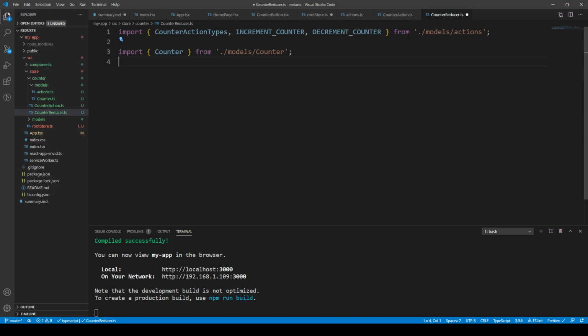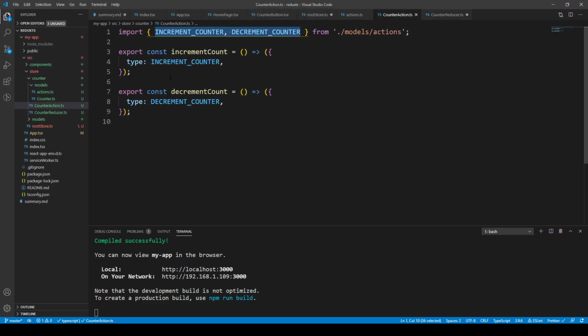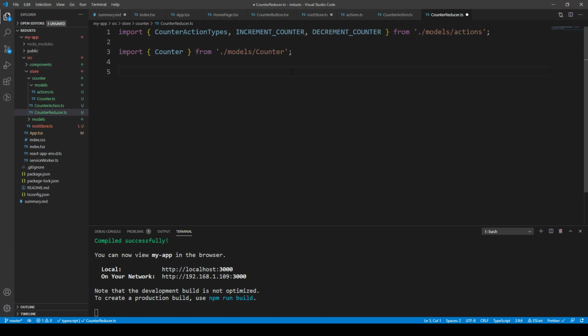And this is where we're going to create our reducer, but our reducer is essentially looking out for some sort of action. It's going to look out for this increment counter action that's been dispatched by clicking a button or something like that, or might dispatch this decrement counter action. So what our reducer does is it handles these actions. We're going to need this elsewhere, so we need to export this counter reducer,